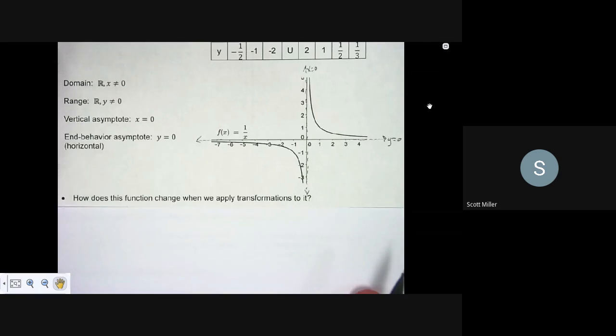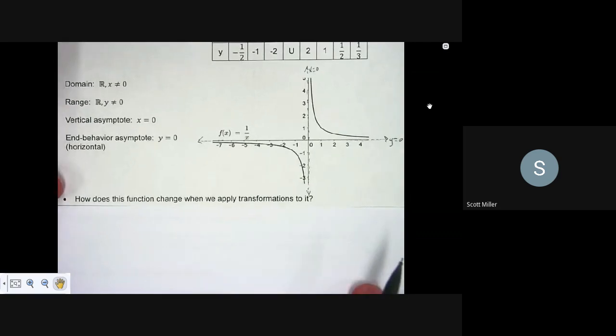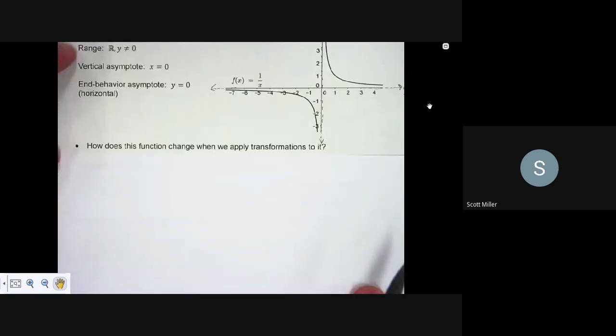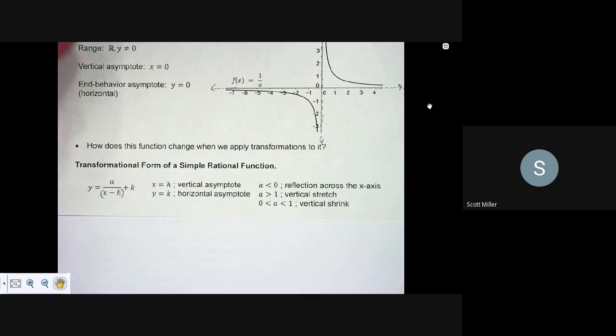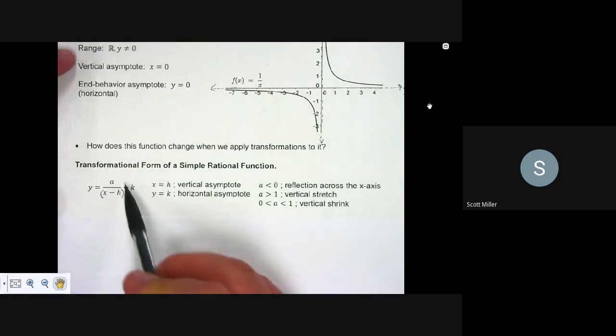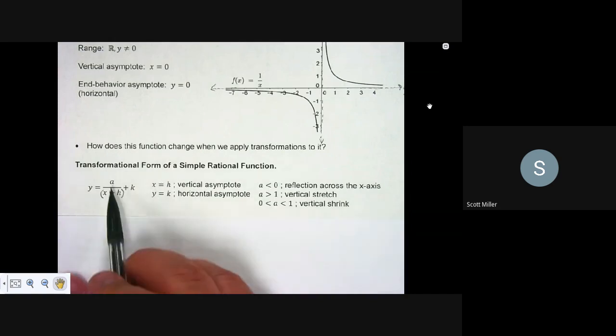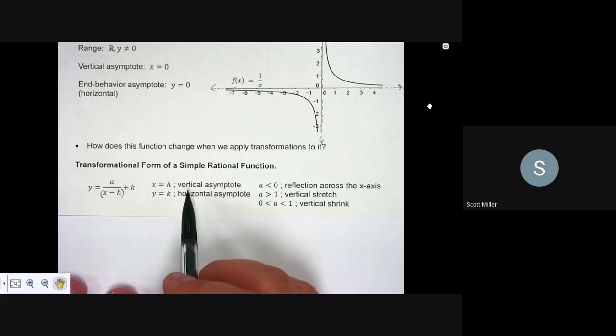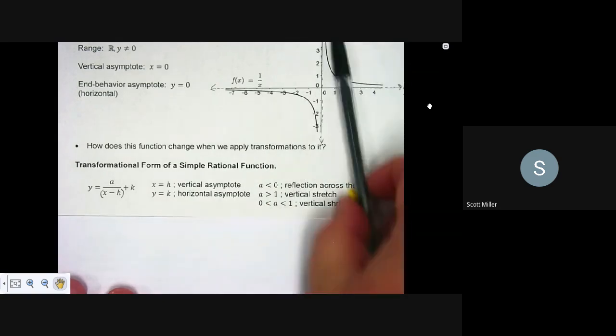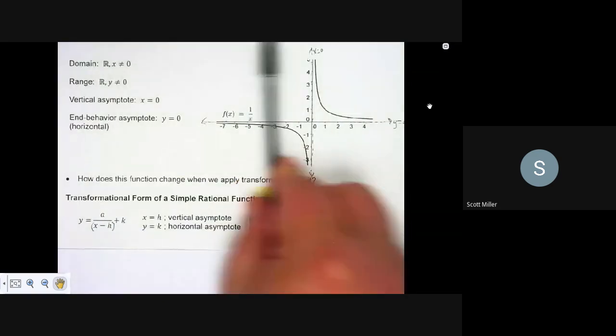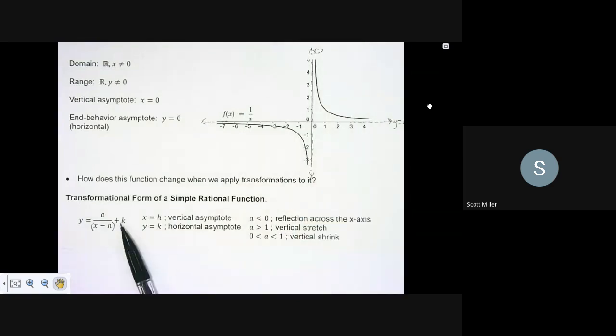So the simple rational function form, and we're going to be looking at it through the lens of transformations also, is this right here. So here's what a simple rational function looks like. It's in transformational form. The numbers down here on the bottom is what's considered to be in parentheses, and this is associated with your right or left transformations, your horizontal transformations. So that's going to deal with the vertical asymptote, because as I move a graph right or left, so moves the vertical asymptote. This number out here is your horizontal asymptote,